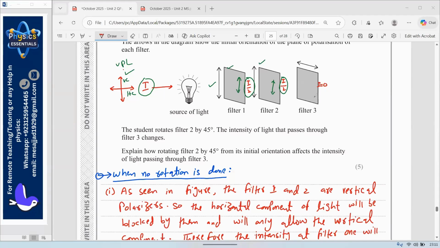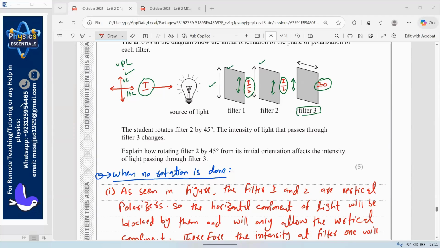Now you can see here that it is a filter which will only allow the horizontal components of the light, and since the incoming light only has the vertical component, all the light will be blocked, and on the other side of filter 3 you will get zero intensity. So initially this is the condition in which you're not getting any light. Okay, now what happens,